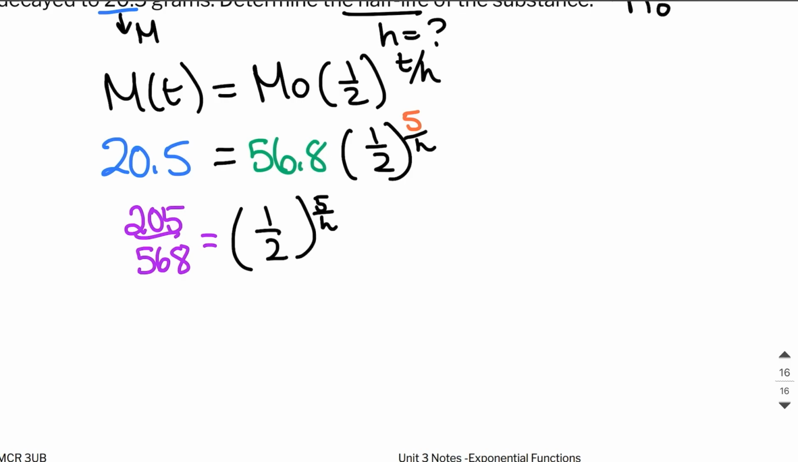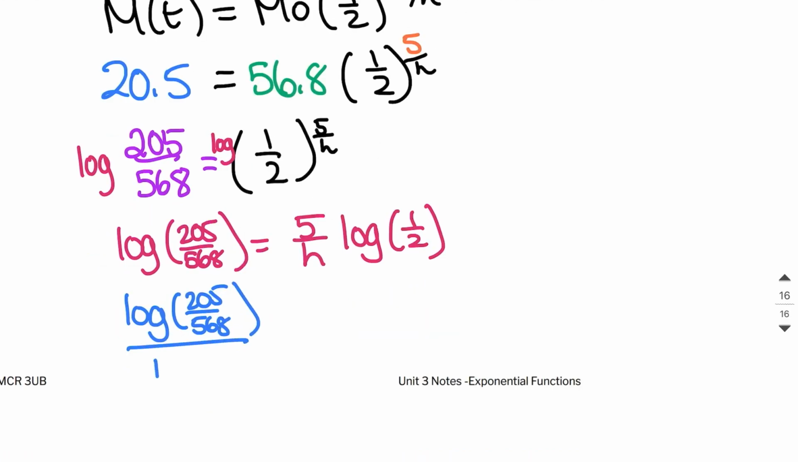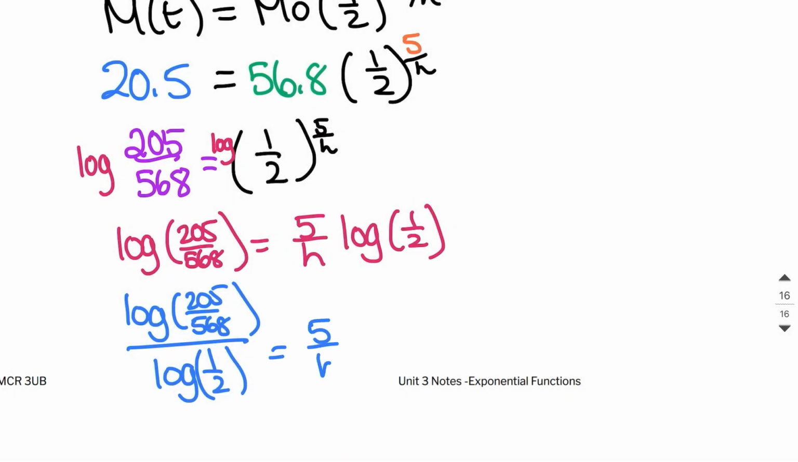Now this time I'm going to decide to log both sides, so I'm going to log on this side and I'm going to log on this side. So now I know right here that the log of 205 over 568 is going to equal 5 over h times the log of 1/2. Next thing I'm going to do is isolate this 5 over h right here. So how am I going to do that? Divide everything by log of 1/2. So here I'm going to say log of 205 over 568 over the log of 1/2